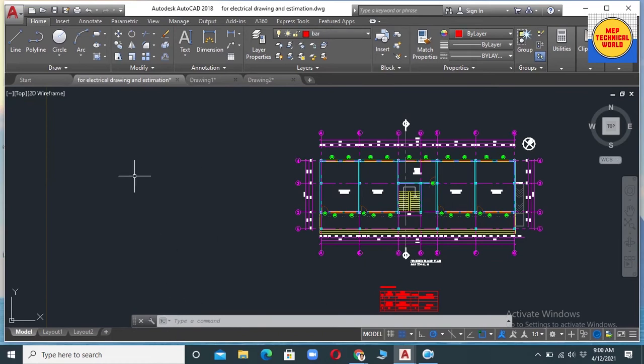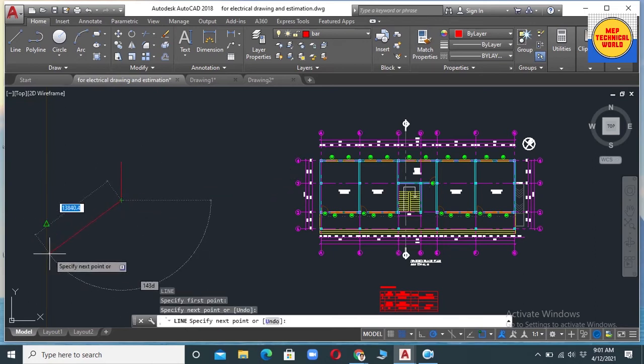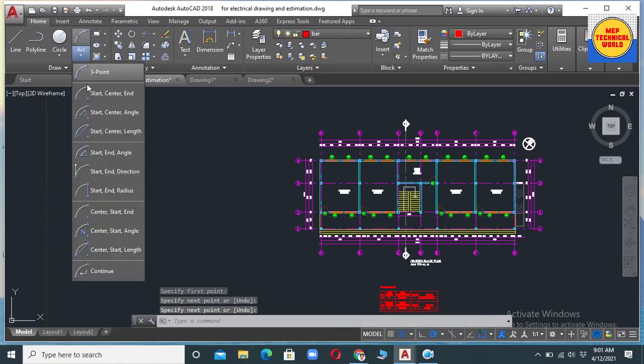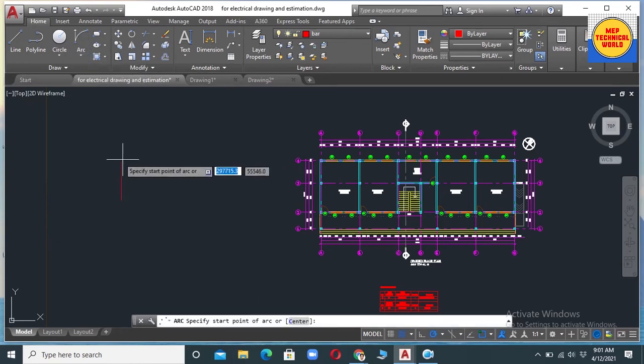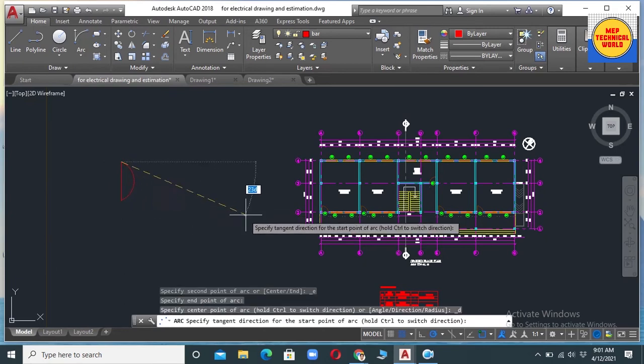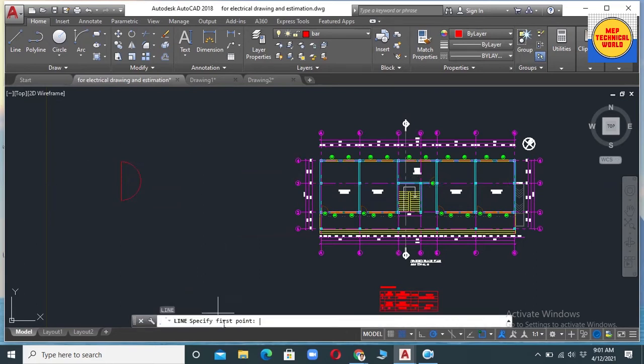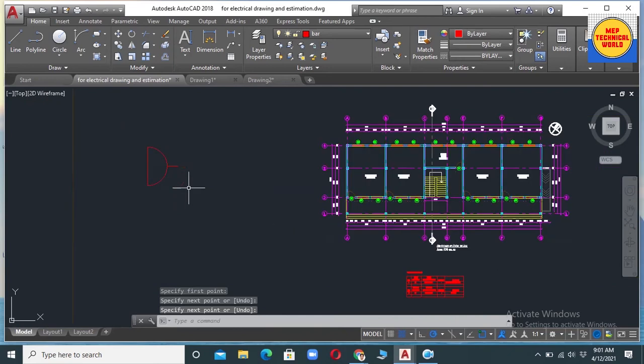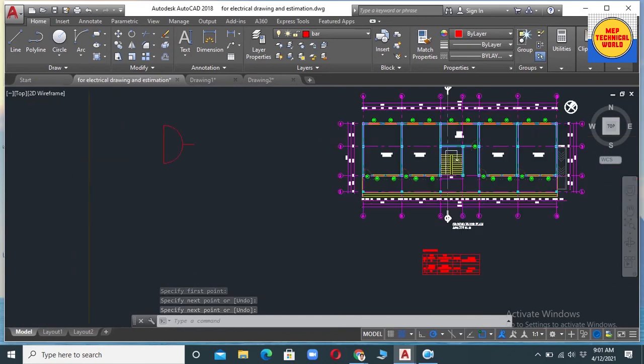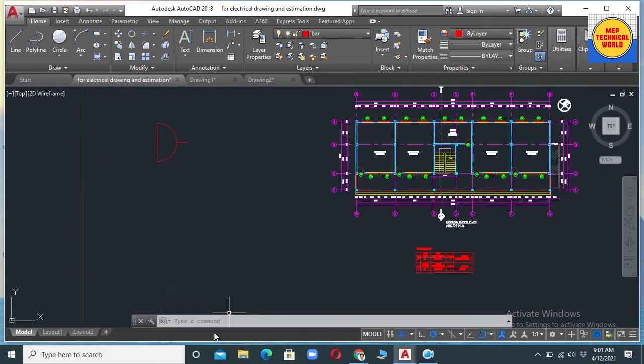Let's use the line command and the R command to make the power socket symbol. So this is the symbol of the power socket, and let's also make the symbol for a one-way switch.